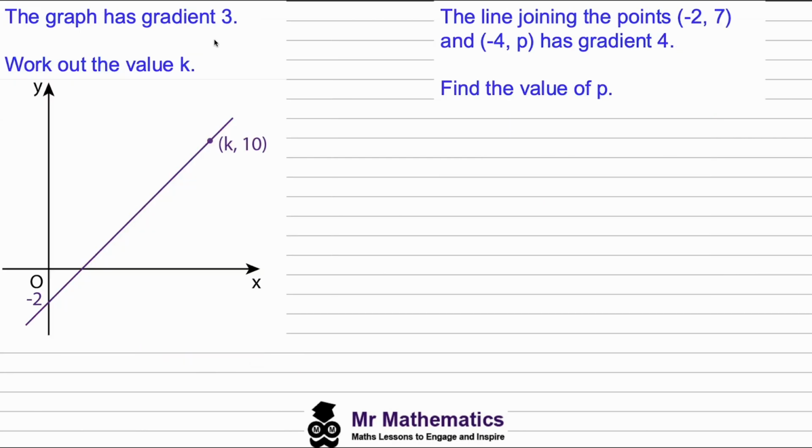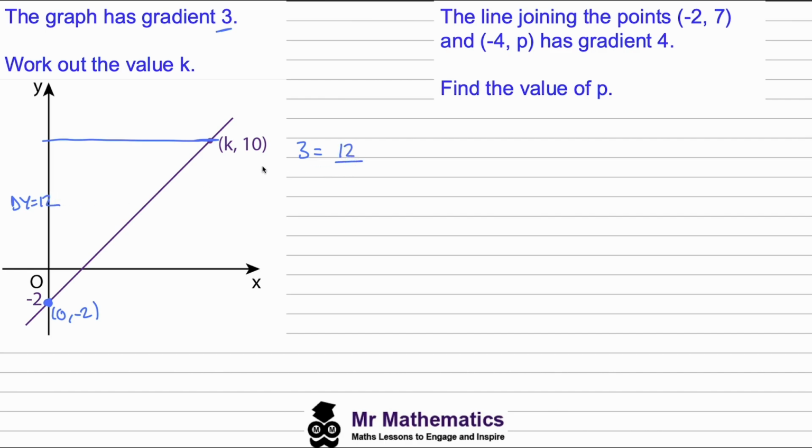Okay, so in these questions, we've been given the gradient of a line, but we've been asked to work out one of the coordinates. So if I work through this one and you could try this one. Well, if we go through the same idea, we'll pick 2 points, this point at 0, -2, our y-intercept, and this point k, 10. Well, the gradient 3 will be the change in y, which is from the 10 to the -2. So the change in y is 12,